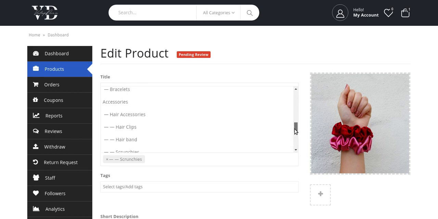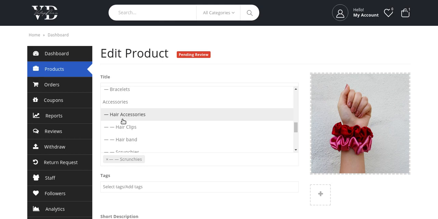As soon as we go back here, we'll be able to see accessories and hair accessories. For every product that you are uploading, you have to select 3 options for a single product. There should be a main category, a subcategory and a sub-subcategory. In case a sub-subcategory is not available for the product, you can just pick a main category and a subcategory. That also works. But do not forget to pick as many applicable categories and subcategories for your product while uploading your products.